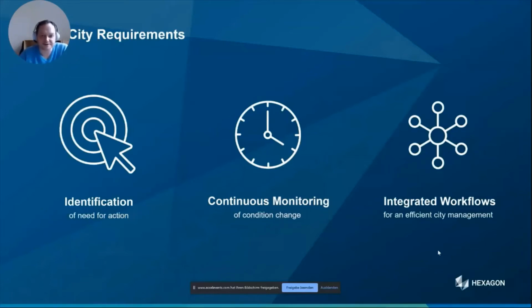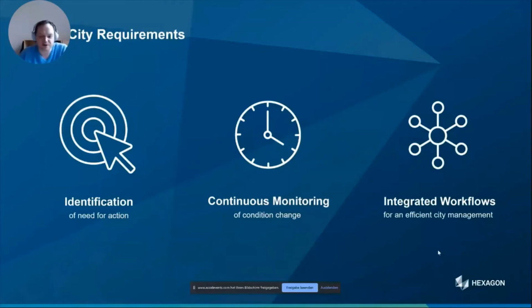But of course, in the end, always the human is defining if there's action necessary or not. With this integration, we can also provide continuous monitoring by removing the dependency to always do a new data import and always having this near real-time information available. The system will give you alerts and you do not have to watch it on your own.